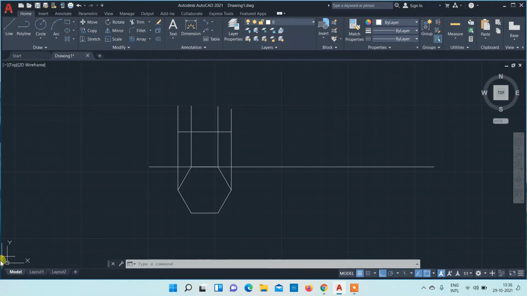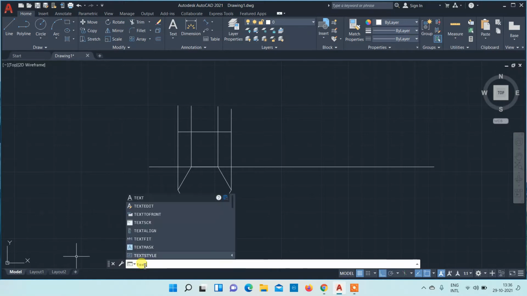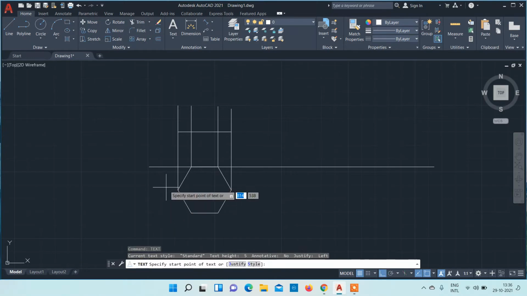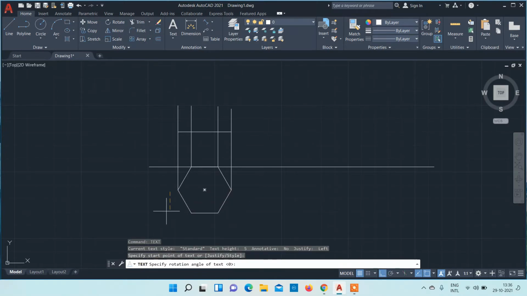Now we'll see how to name the corners. Okay, so we know that below XY line it is top view and above the XY line it is front view as per the first angle projection. So the hexagon has to be named in top view with only alphabets A, B, C, D, E, whereas in the front view it has to be notated with the help of dash. Okay, so just use text command, select the start point.